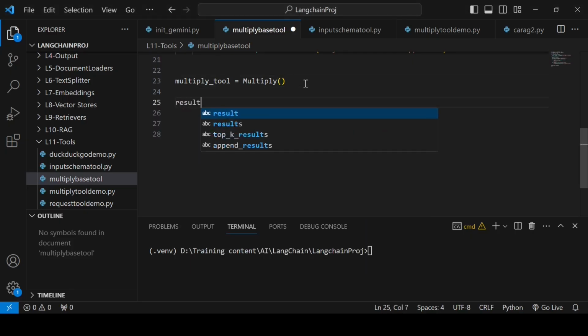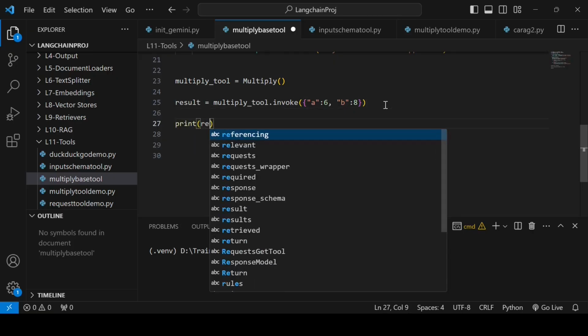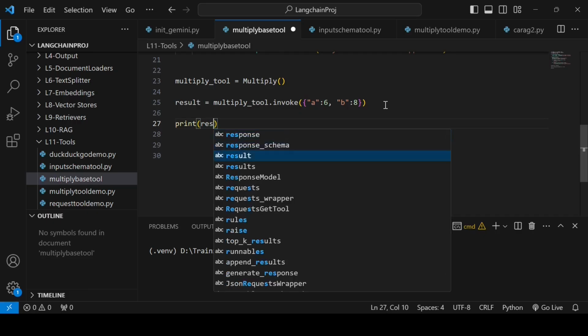Rest of the things are same, so I can now use invoke on this because it is a runnable, where I can pass as a dictionary a value, say 6, b value, let's say 8, and print the result.